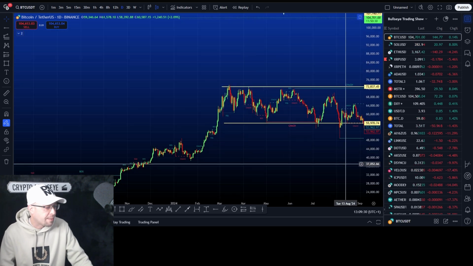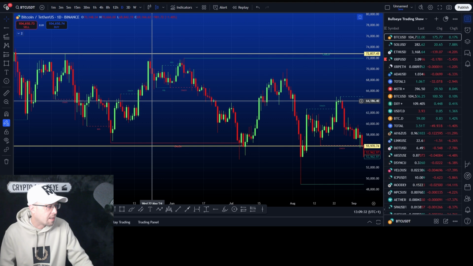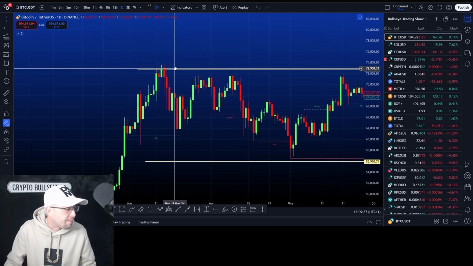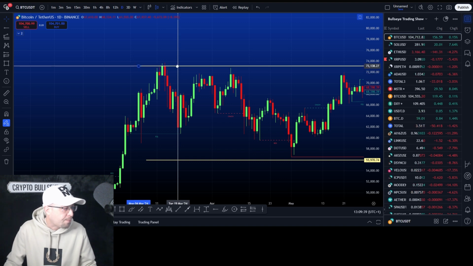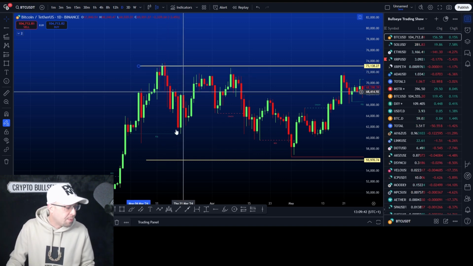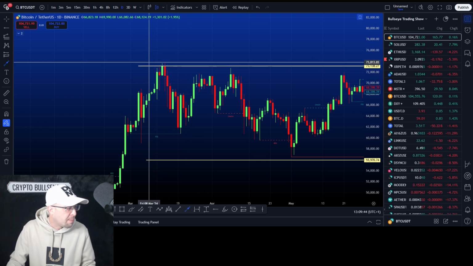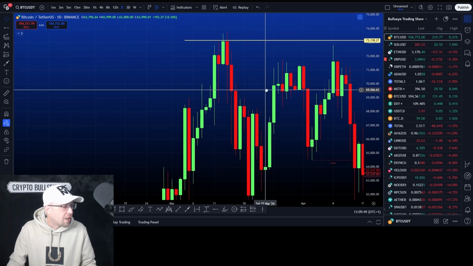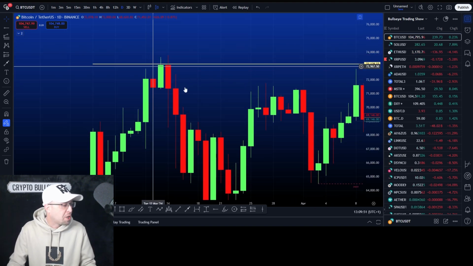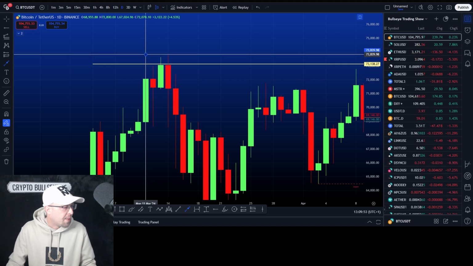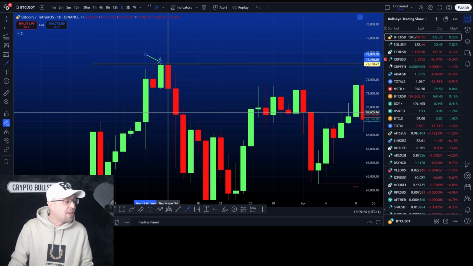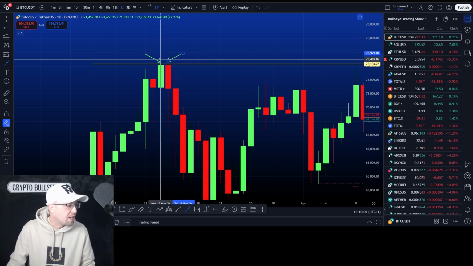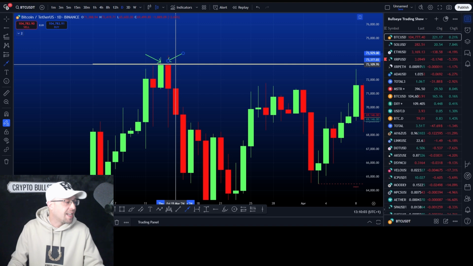Now let's zoom into this. Zoom into this, right. You're at a resistance point here. Now you've got the green candle, which is push price up. I'm not sure whether you can see that. I'll zoom in a bit more. You've got the green candle, which is push price up. That's being rejected by the bears. The next candle is rejected by the bears. You've got extreme wicks, which push price above the resistance level and push price